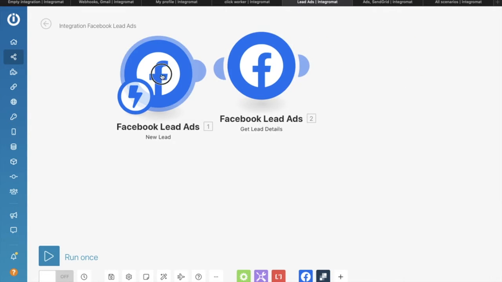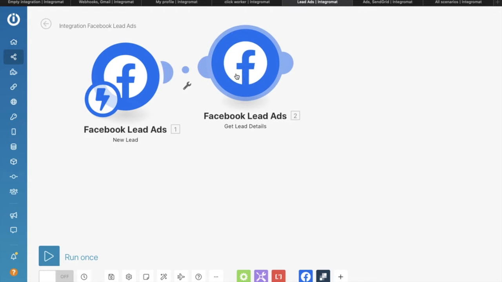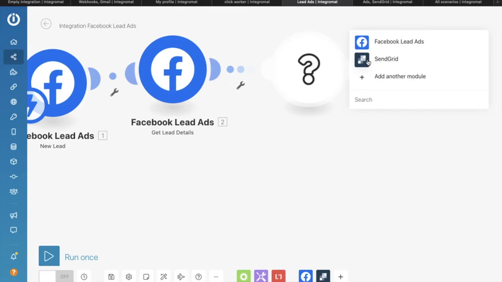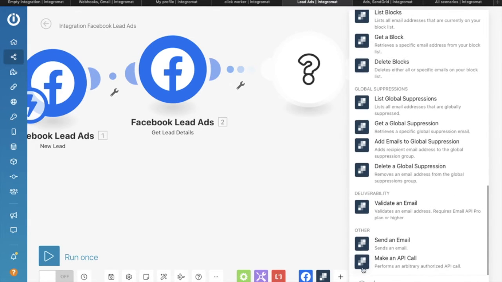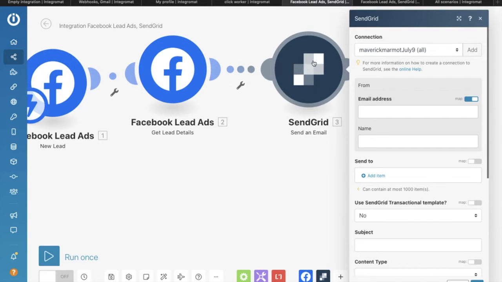Next is to connect with SendGrid, since I am sending an email to the user whenever the user fills this lead form. So I'll choose SendGrid now, and as you can see there are multiple functionalities. I'll choose send mail, and now with SendGrid you will also have to connect your SendGrid account. As you can see, I have connected my SendGrid account. It's very easy. Just click on the add button that you see here. Click on add, and it will ask you to link your